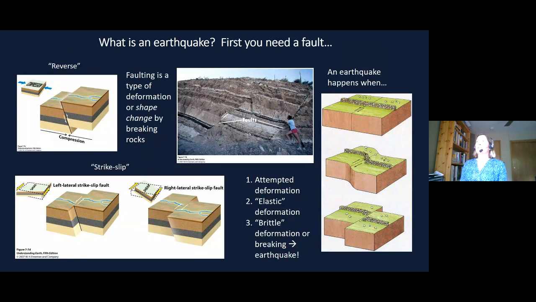Faulting is a type of deformation or shape change that is caused by breaking rocks. In this slide in the center, you can see a picture of an actual fault. This is on a road cut on the side of the road. You can see that there are layers in the rocks, and the faults are pointed out on that slide. And you can see that the rocks have been shifted and their shape has been changed by the faults cutting